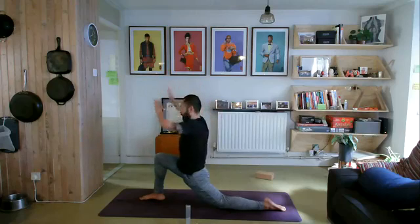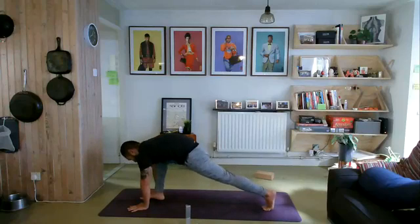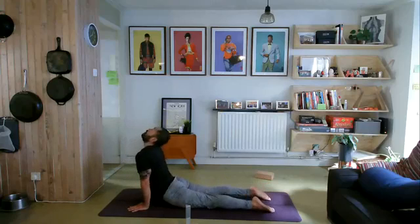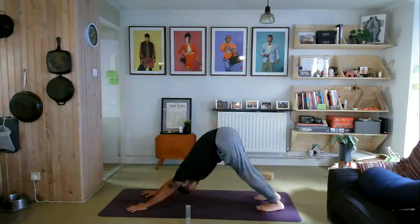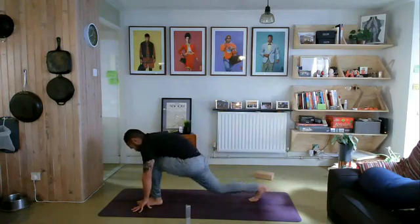Exhale, release, hands back onto your knee, flat onto the mat. Step your right foot back to plank. Exhaling, chaturanga. Inhale, upward facing dog. Exhale, downward facing dog. Now step your left foot forward, come to your high lunge, and then drop down your